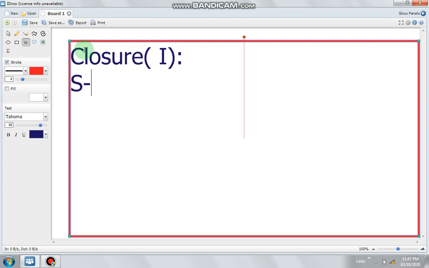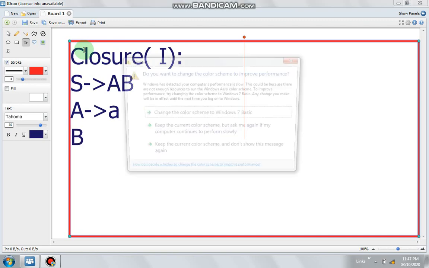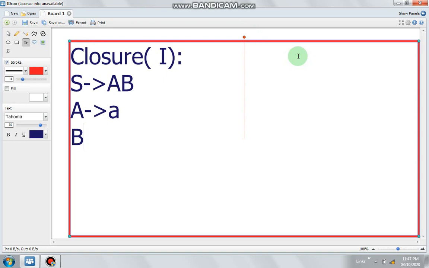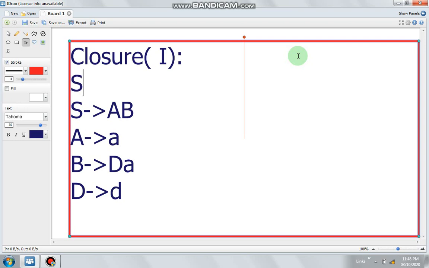This is your grammar: A derives A, and B derives, let's suppose, B derives D A, and D derives, suppose, D. Okay, so this is your given grammar, and for this given grammar I am making augmented grammar.